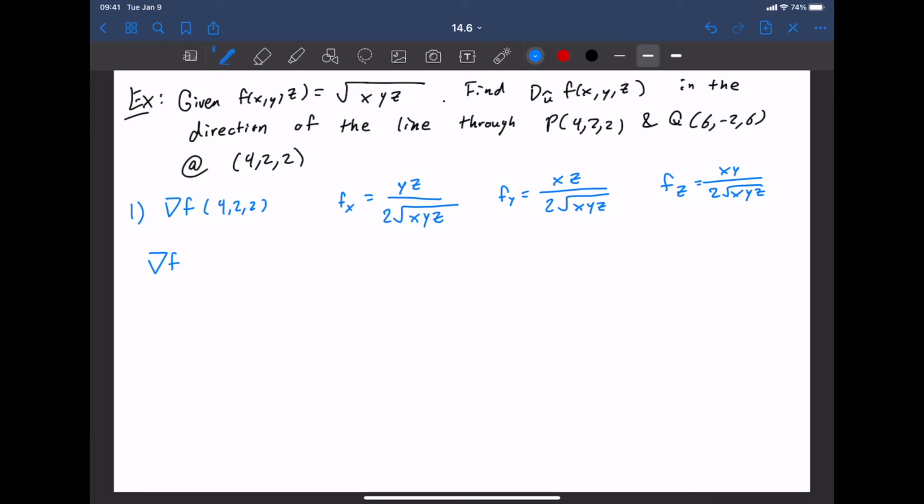So the gradient of f in general, the gradient of f at any point, the max direction at any point, is assembling this into a vector. On a test, I would definitely notice whether you put the i's or brackets or whatnot, because it's a very important piece of calling something the gradient. X, Y, Z. And when we do the gradient at 4, 2, 2,